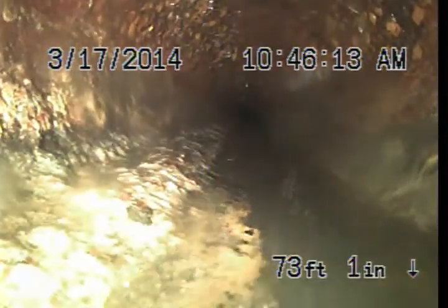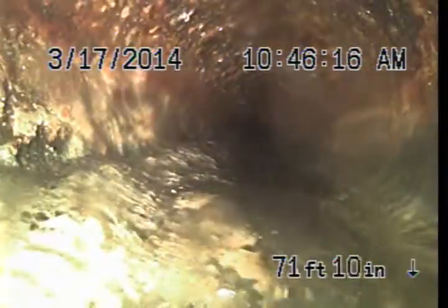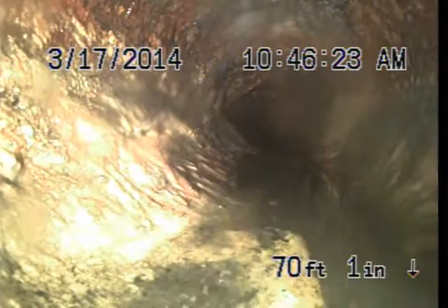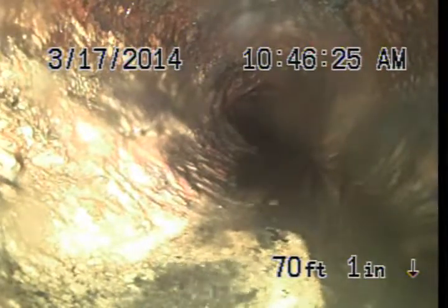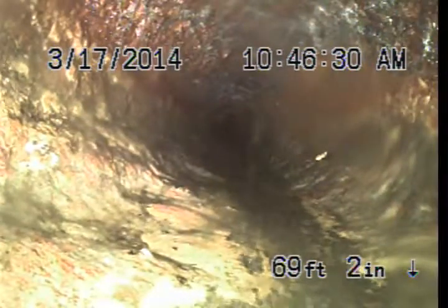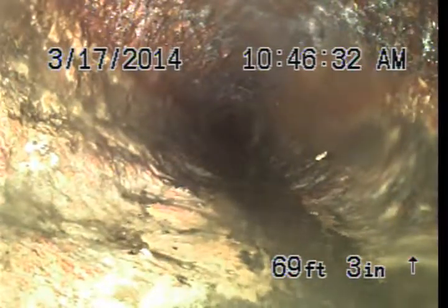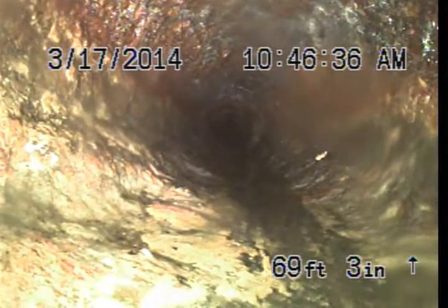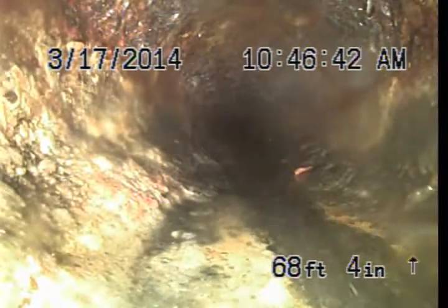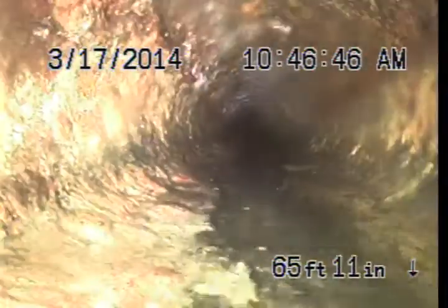Having a good idea when roots start to be able to come into it will prevent any damage to the soil or area around the pipe caused by holes which have not been spotted. Typically, cast iron pipe, when it starts to fail, will give you some notice before it fails. Some roots coming into it will let you know that it's starting to get very close to failure and you should start planning for repairing it. At this time, I don't see any failure in it, so